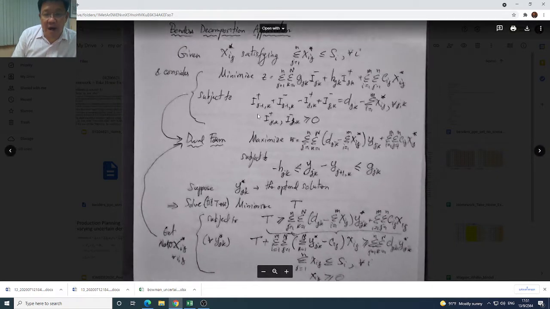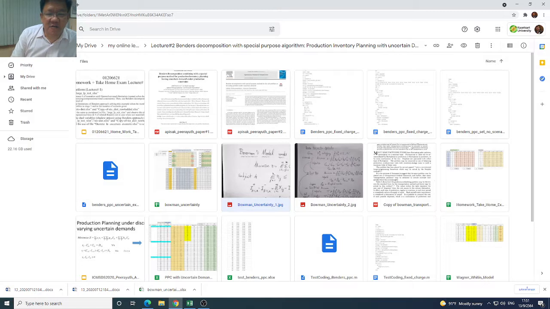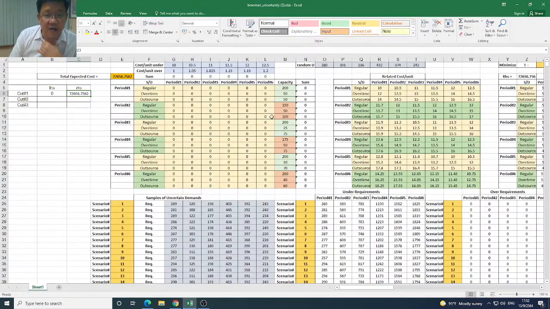We can also apply what we call the Benders decomposition, which we already explained last time, in this iterative routine as shown on the screen. Today we will show you the implementation from the classic Bowman problem as a spreadsheet. We call this a Bowman uncertainty spreadsheet, which I already installed here, and I'm going to show you